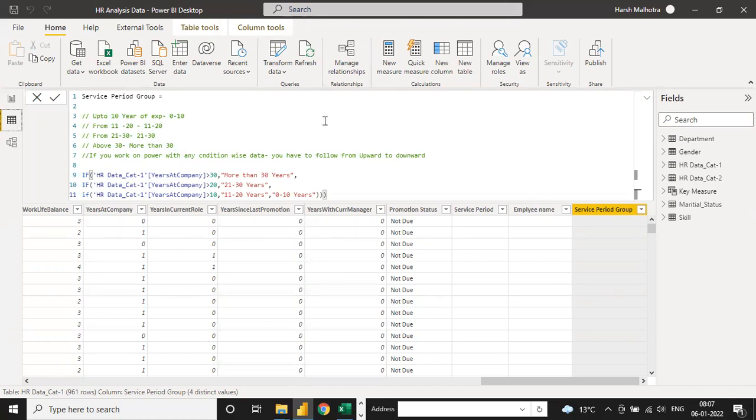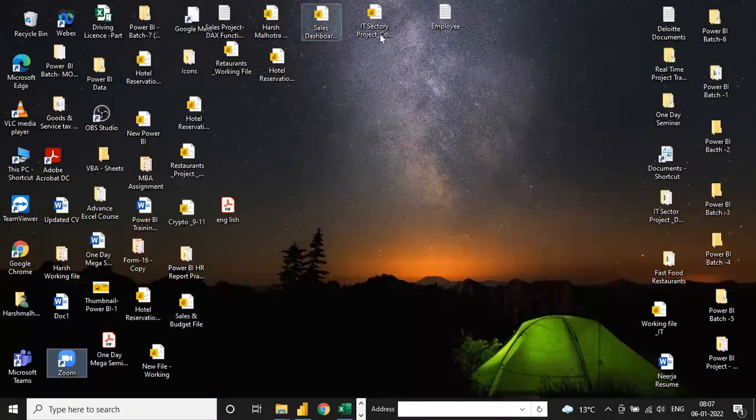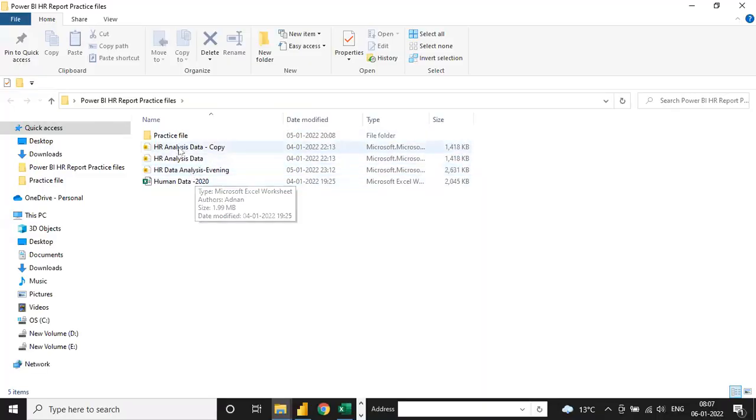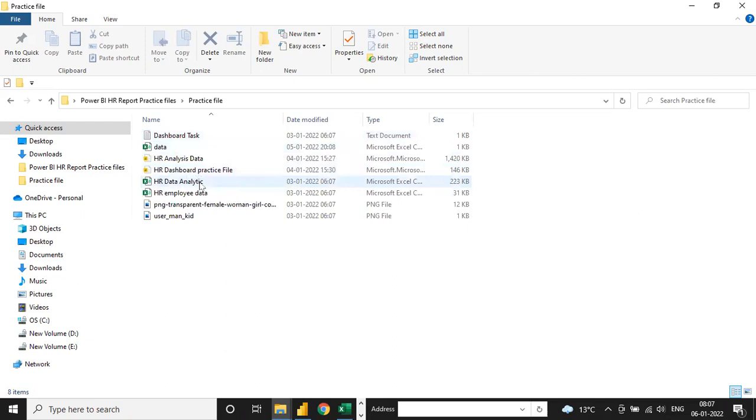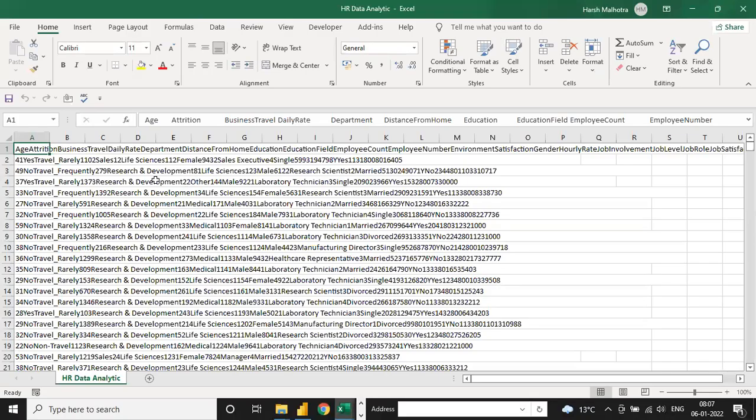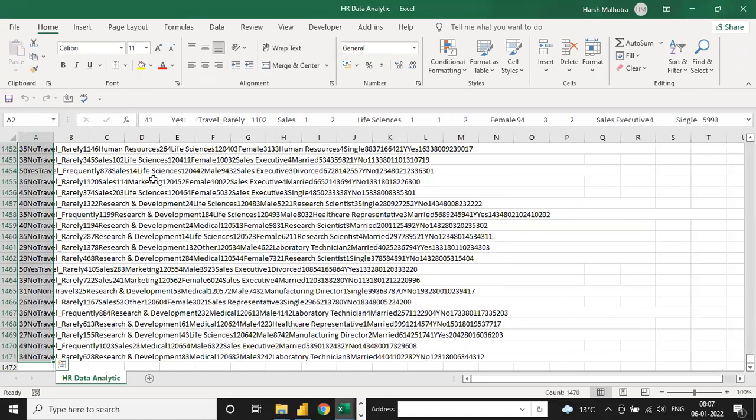Yeah, I know why. Because I have deleted some of the rows in this file. This file has fewer rows, but your file will have 1470 rows, right? Because if I go back, select this sheet, click on this file, total you get 1470. Yeah, 1470 is correct for you.